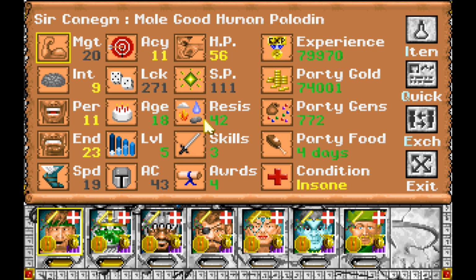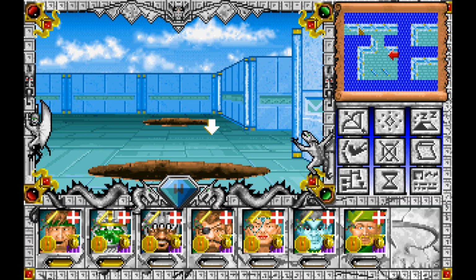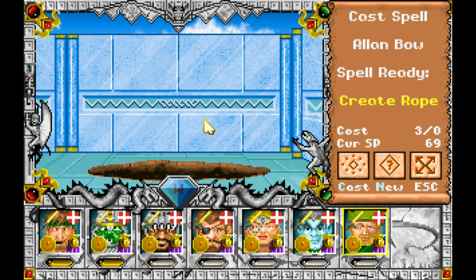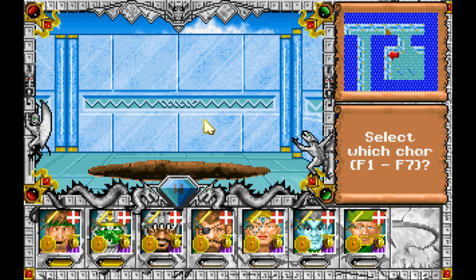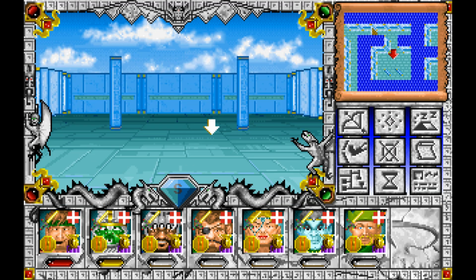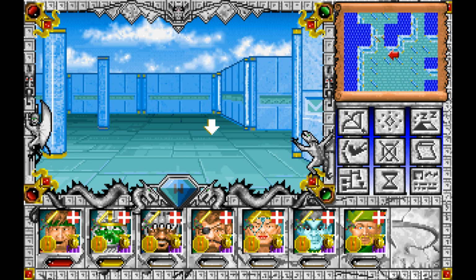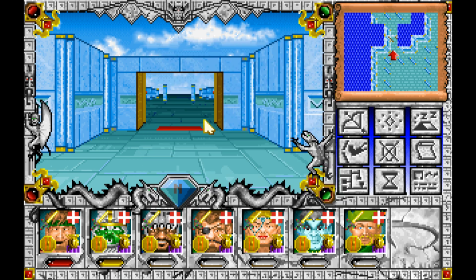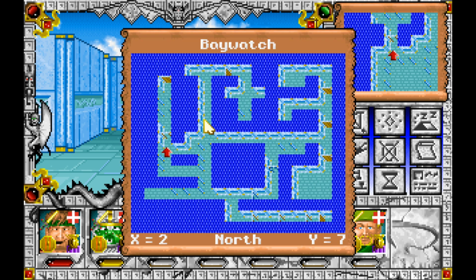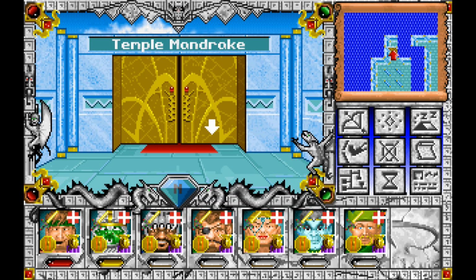And the Pit of Sorrow, yes. I think it's 50 damage. Yeah, alright. Okay, so those are all the pits, and so now, since we can't cure insanity, we'll go to the temple at Mandrake, heal our boys here,